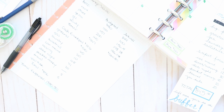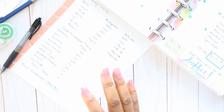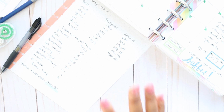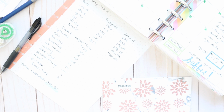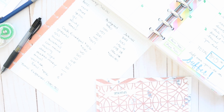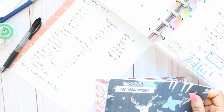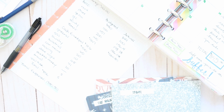Like I said, I'm not too mad at myself because this was definitely a learning experience. It's different when you write down your money. When you write down your money, that forces you to pay attention to where your money is or isn't going. So let me grab my cash envelopes: toiletries, gas, groceries, car, travel, and then